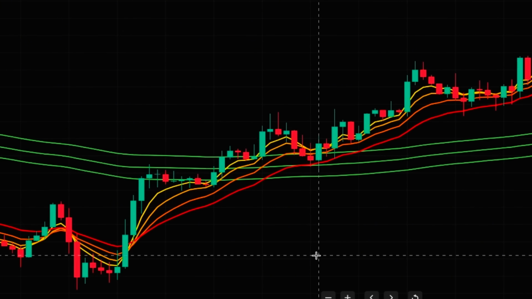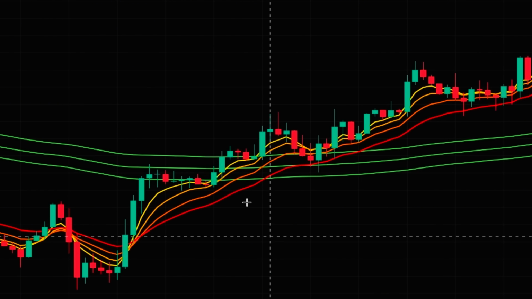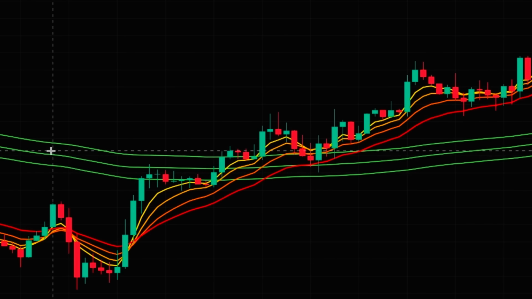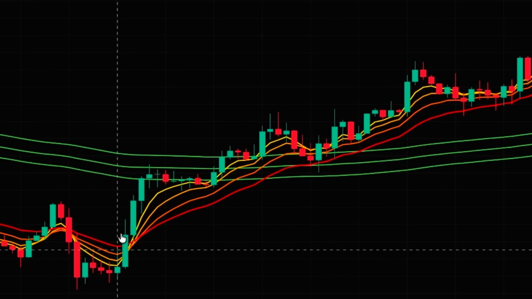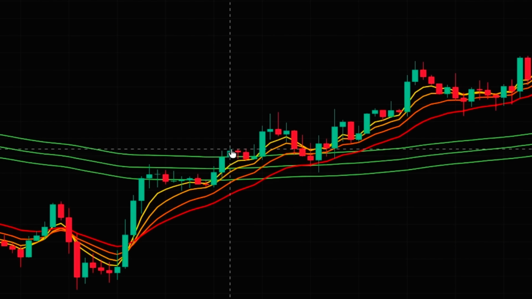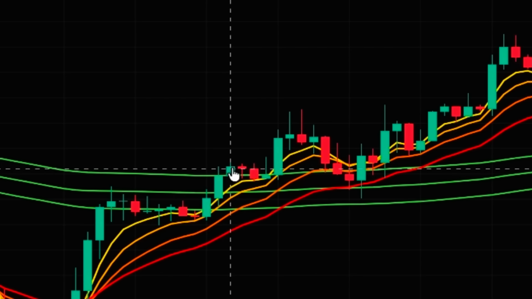For a long position setup, we want a situation like this where the price crosses above the green ribbon and we get a candle closed above the green ribbon. So the price should be below the green ribbon and then go inside the ribbon and keep advancing, and we get a candle that is closed above the green ribbon. Here you can see that this candle is closed above the green ribbon. This is an initial signal that probably the price is turning to an uptrend, but we need more confirmation before